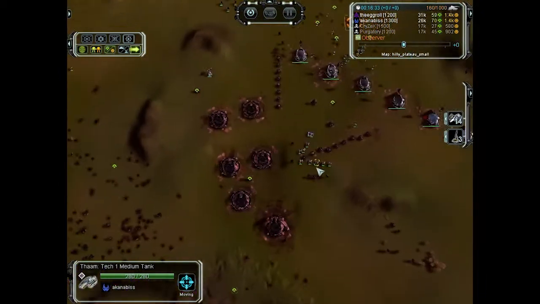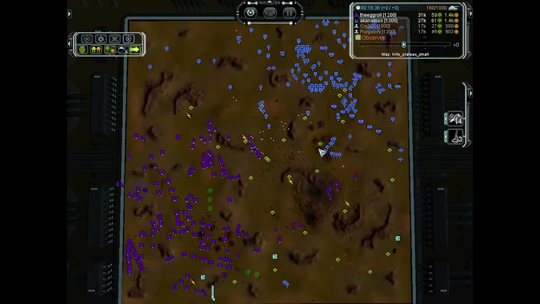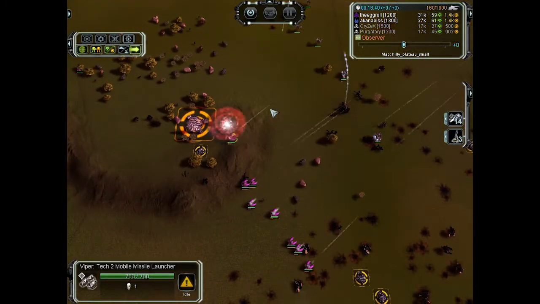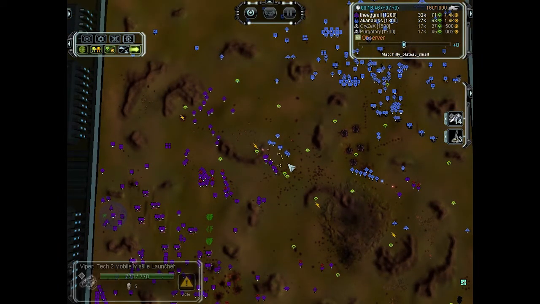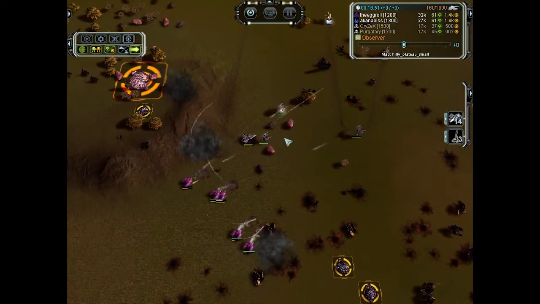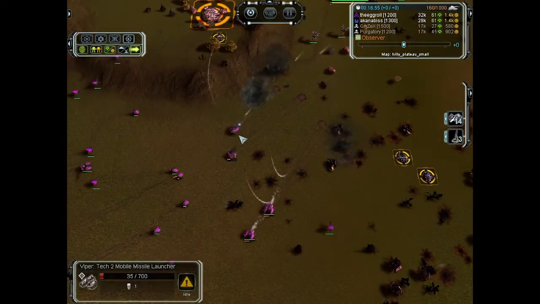And a small group of T1 medium tanks here. And all these mobile missile launchers. Gotta really be careful though, there's a lot of Ilshivas coming in now to take them out. And firing just straight into the ground to try to take things out. And now falling back, but I don't think it's going to be enough though, because...